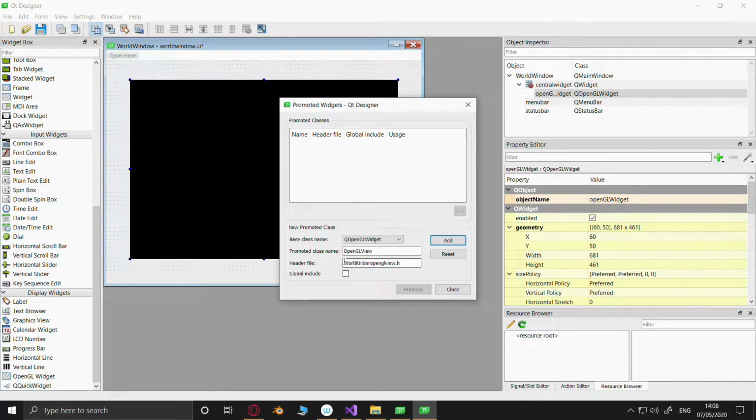Which way around are the slashes in this game? I'll use that way. OpenGL view.